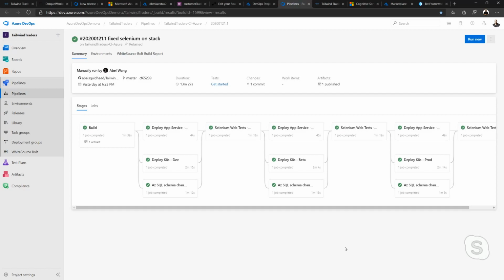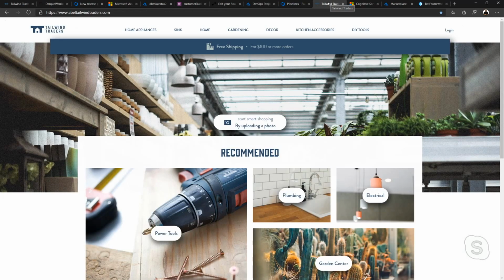Now, one of the other things I want to talk to you about is that moving to the cloud should just open your mind to all the possibilities and the amazing things that you can do in the cloud, because you now have access to cognitive services, AI and ML, all this kind of cool stuff. And our team got excited about that as well, and started adding some really cool AI to our application. For example, let's imagine you're at your buddy's house, you two are in the garage, you're working